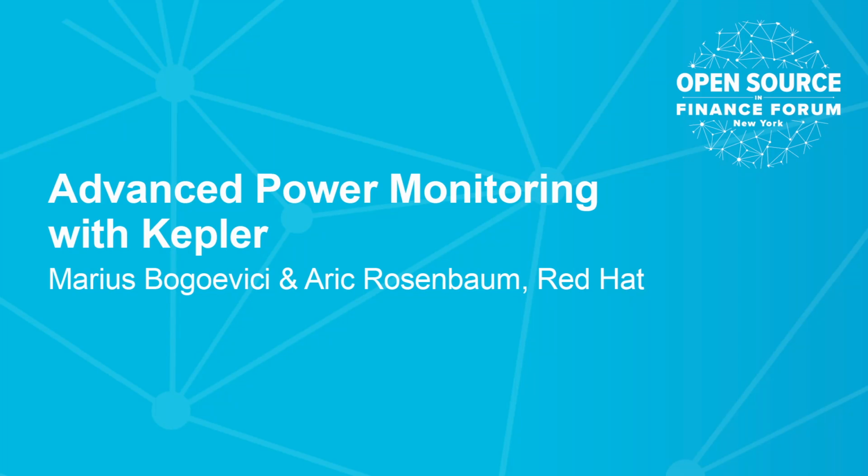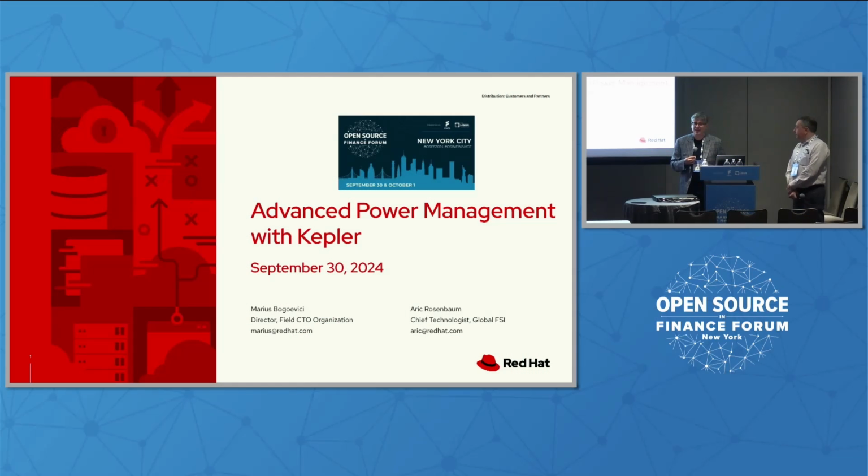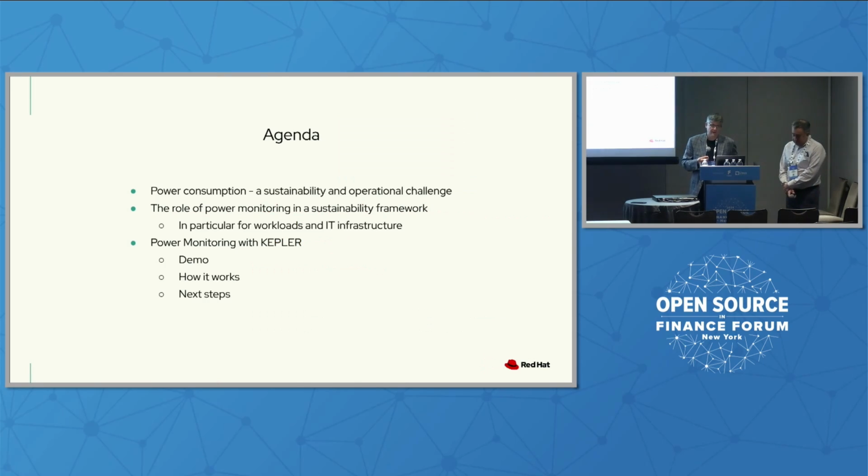Today we're going to talk a little bit about the consequences of AI. We're going to talk about a different aspect of thinking about your infrastructure and applications, especially around power monitoring. So, power consumption. I think the theme of today is about how the applications that we build impact the future of how you run them.